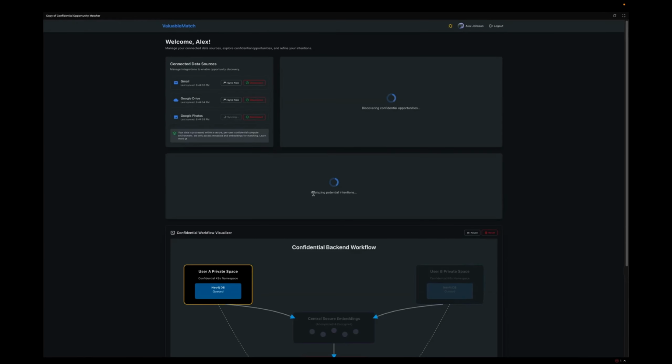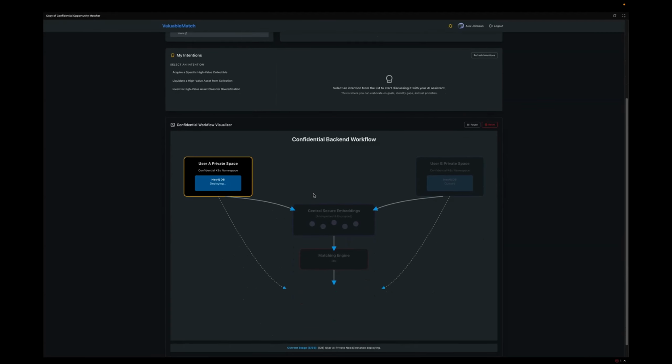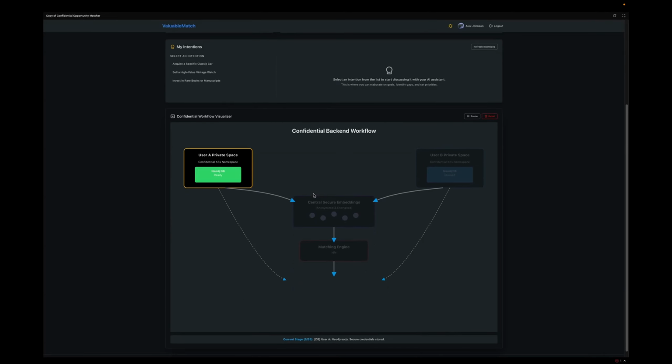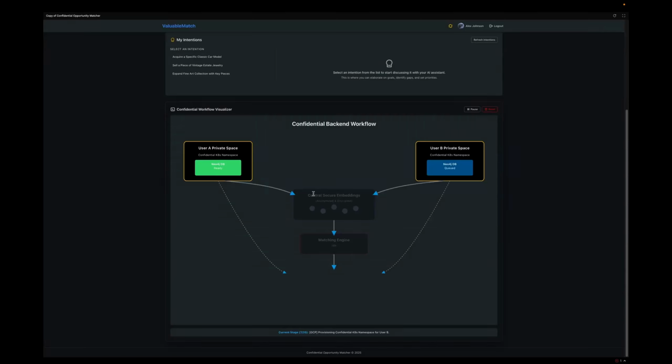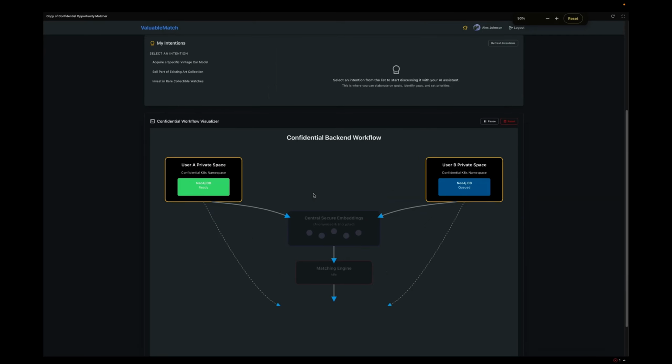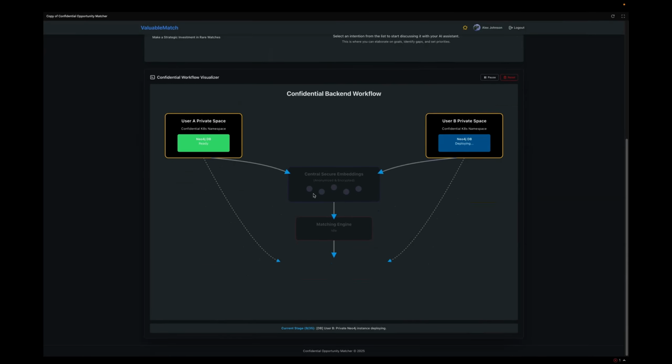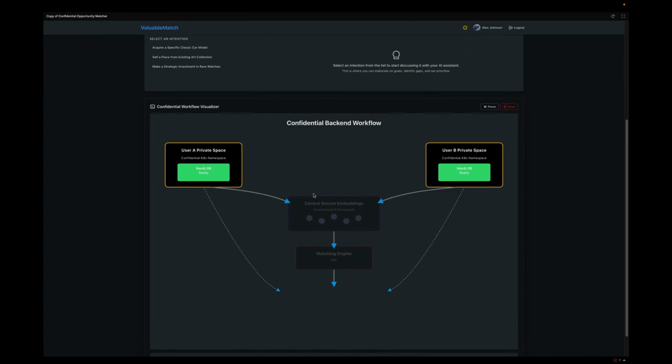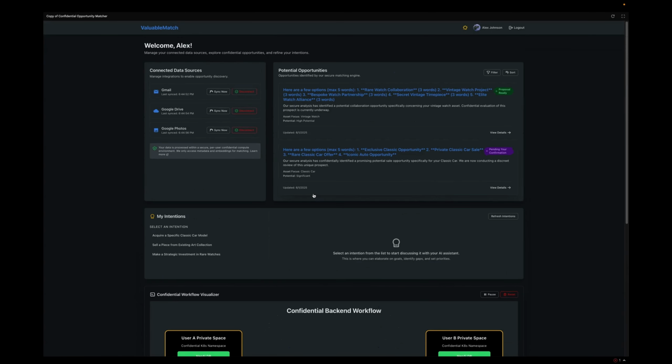Okay, so for those of you who'd like to see a more visual representation of what's going on in the back end, I thought I'd rebuild the app with that more obviously identified and shown. So as we've done before, same workflow, user A and other users are uploading their data into their private confidential compute containers.